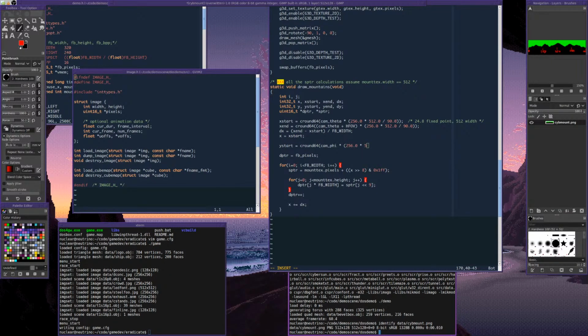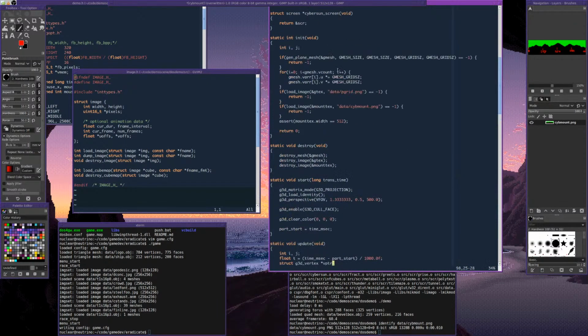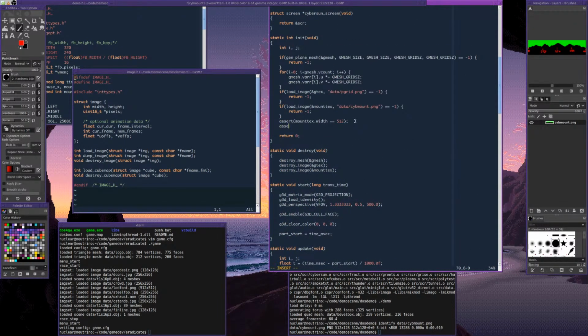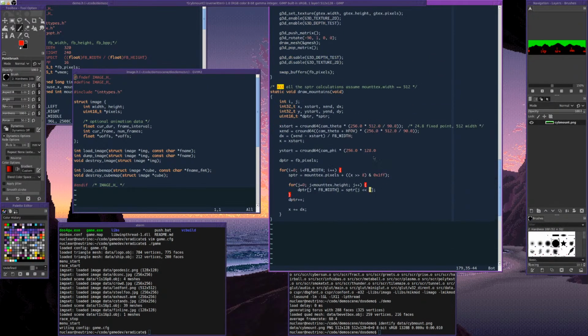Alright, so it's 128 vertically. So this becomes 128, and I'm also gonna add an assertion for the height, just in case. So assert mountx.height is equal to 128. All right. Where was I? All right. So